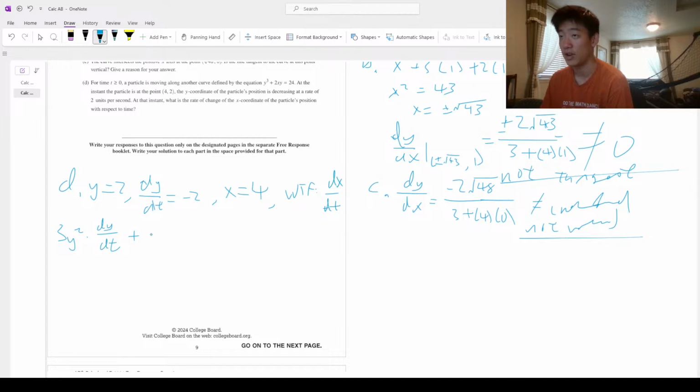Plus, now we have a product rule. So 2x times the derivative of this part, dy over dt, plus 2y times the derivative of x with respect to time equals, okay, this 24 is a constant, that's 0. All right, so now plug in the values here. 3 times 4 squared, 3 times 2 squared dy over dt